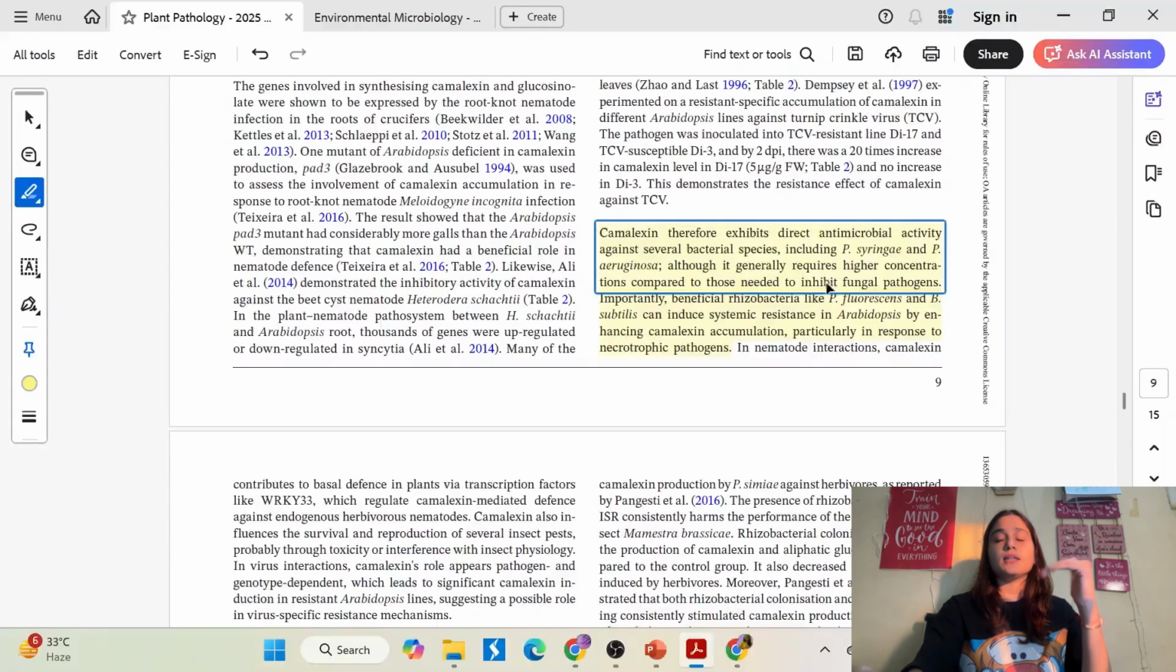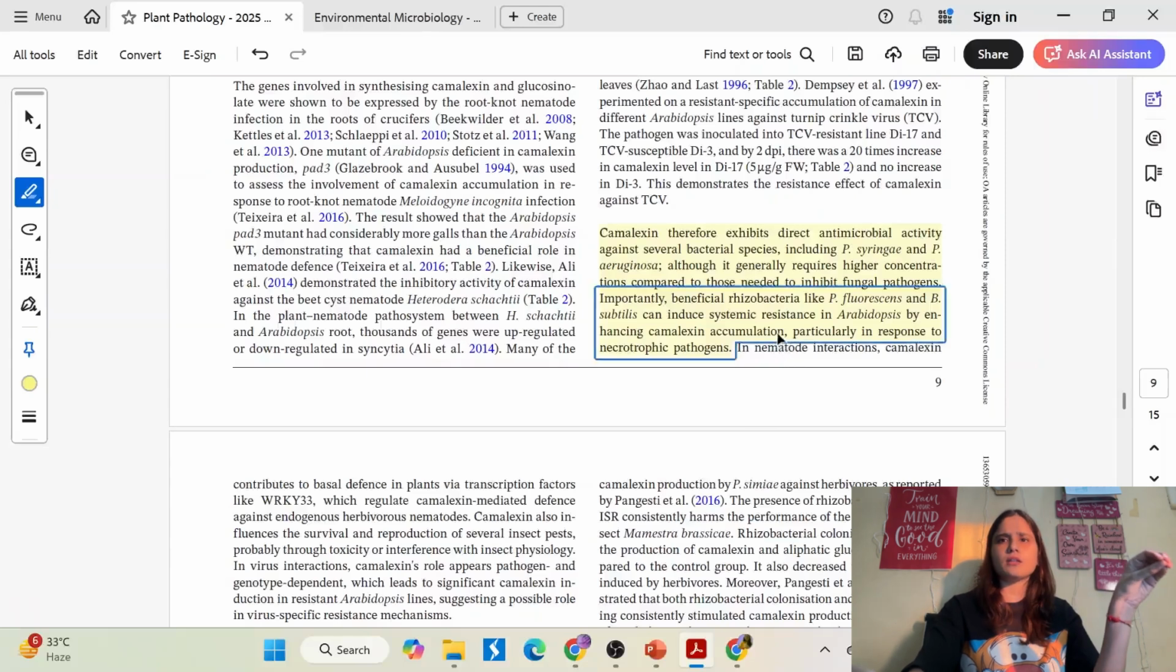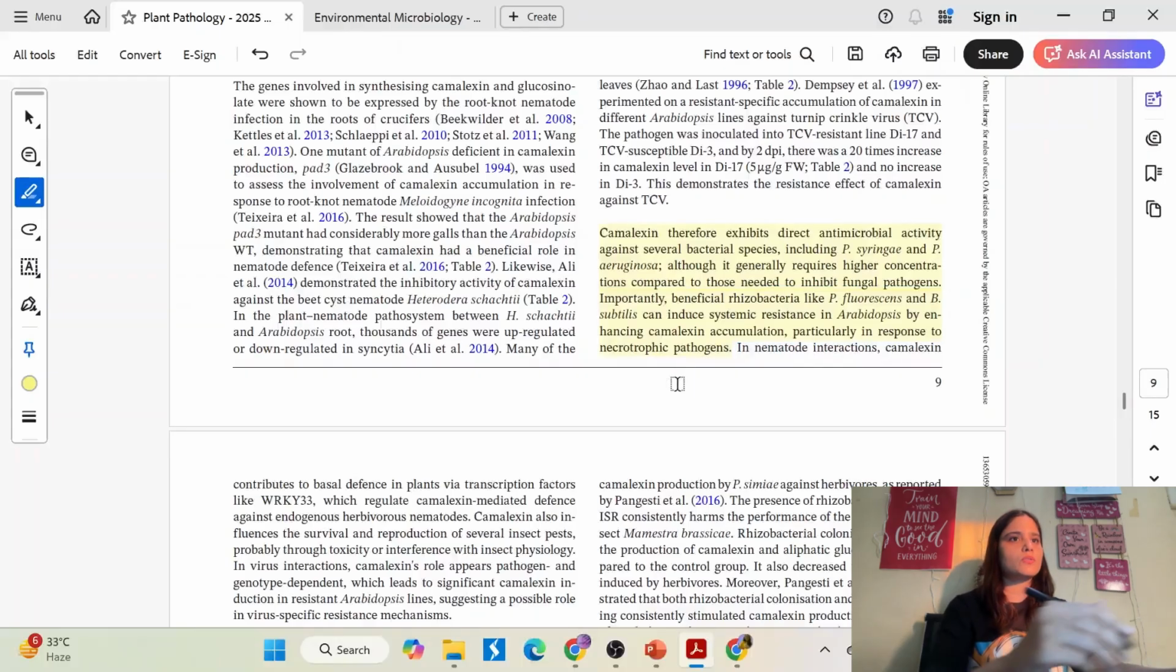In the next point they have stated that the beneficial rhizobacteria, meaning those bacterial microflora which are residing near the roots of the plant, for example Pseudomonas fluorescens and Bacillus subtilis, can induce systemic resistance in Arabidopsis by enhancing camalexin accumulation, particularly in response to necrotrophic pathogens. Necrotrophic pathogens are those which ultimately lead to death of the plant. Okay, so